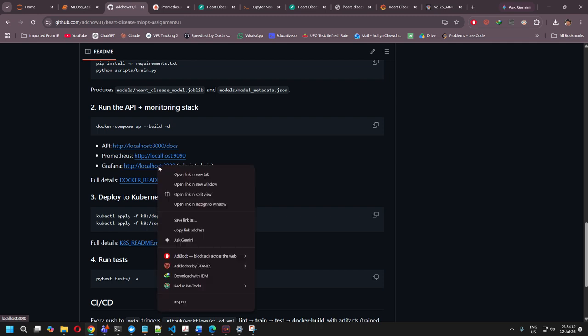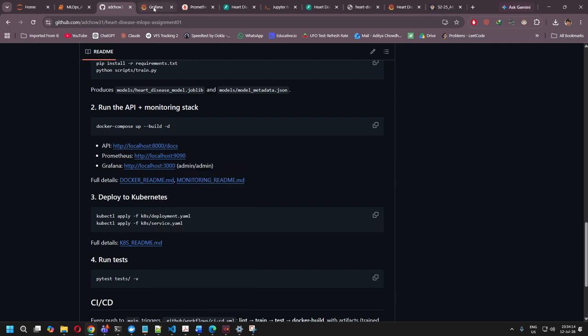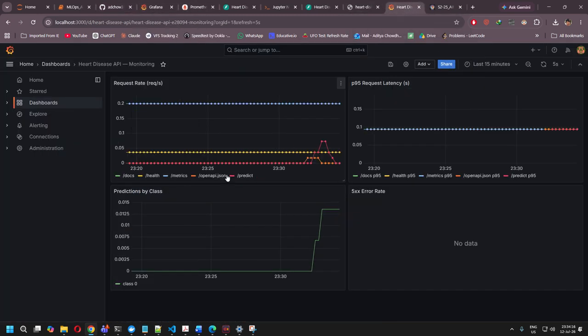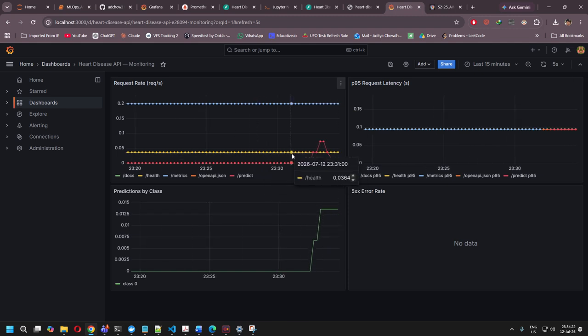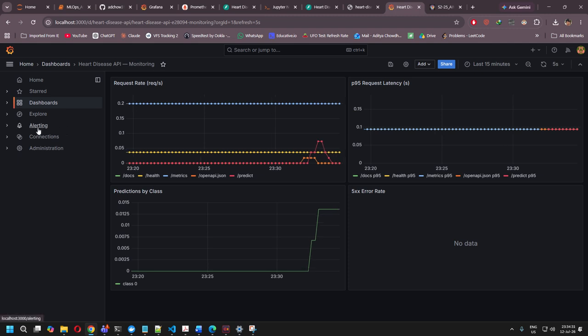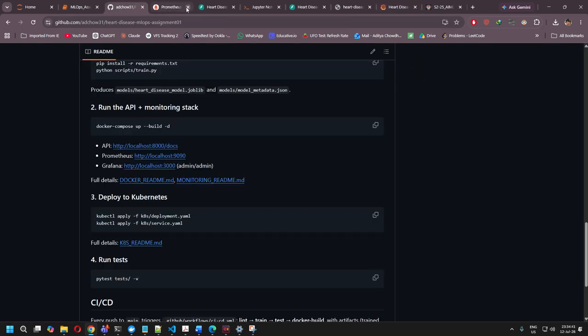And the third one is Grafana. If I can show you from here, this is the heart disease Grafana part. The Grafana part shows the metrics of the different URLs if they are clicked, how many times each URL is getting clicked, and what their responses are. If there are alerting levels of clicks or auto clicking happening, all of these things you can view from the dashboards of the Grafana panel. So this one is the Grafana architecture.